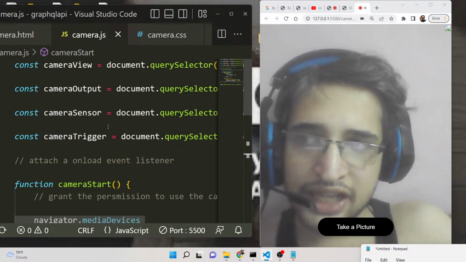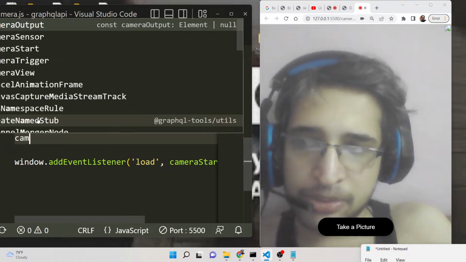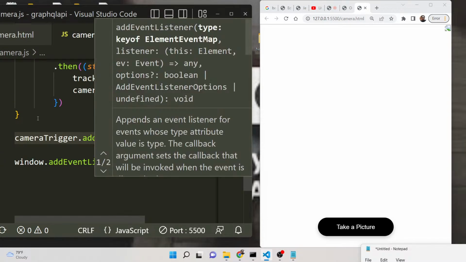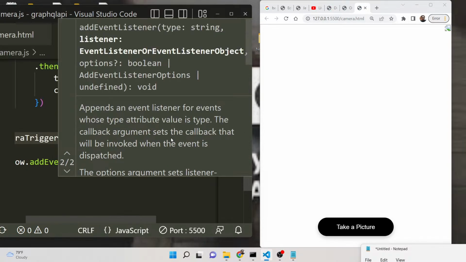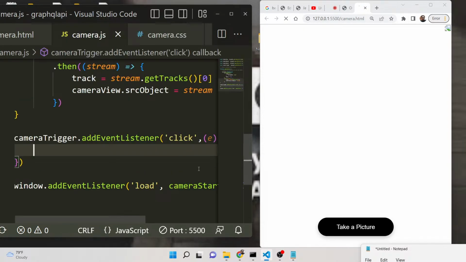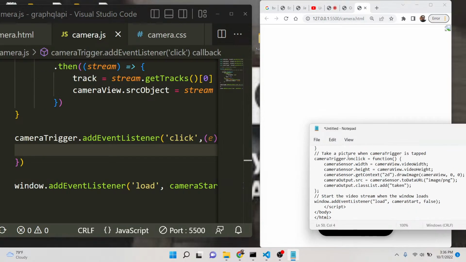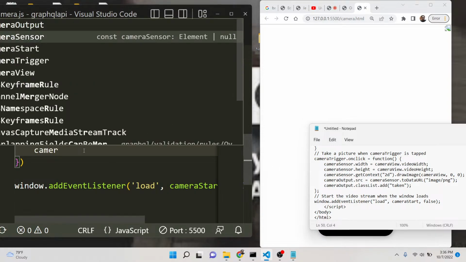So we will attach it to the button. We can simply say camera trigger. We will add an event listener to it. So when we click this button, we need to capture the image. So click, and then this e parameter will be there, the event parameter. So when we click this button, guys, we will simply say camera sensor